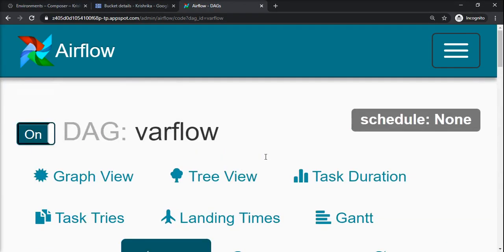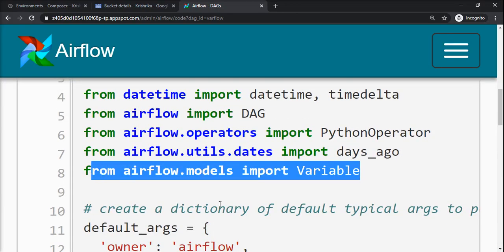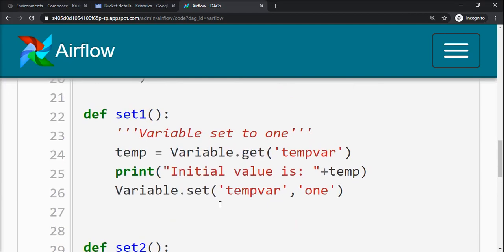Variable can be imported from Airflow models. So set1 will first get the initial value that we set by going inside Admin. If I want to get the value of temp var, I'll write Variable.get temp var.